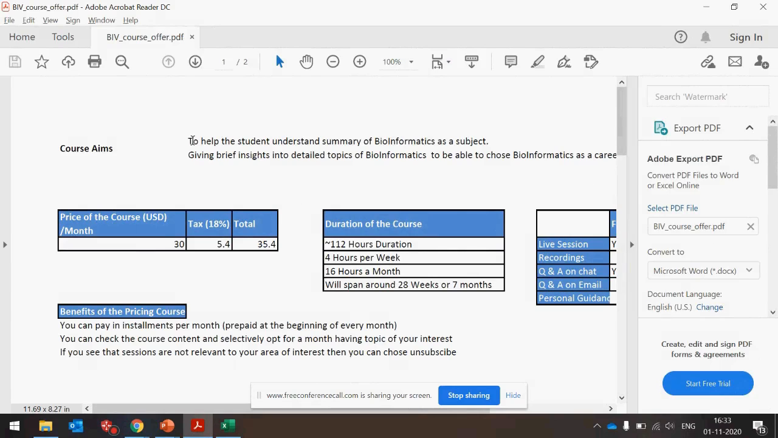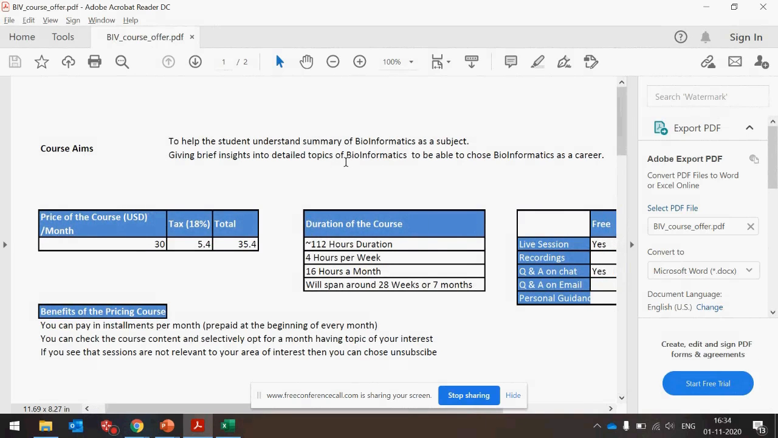So basically, first of all, the most important thing to understand is our aim. Our aim is to help the students understand what bioinformatics is as a subject, and also give brief insights into the detailed topics of bioinformatics, to be able to choose bioinformatics as a career, for new people who have not yet decided on it. So these are the two basic objectives, and there will be certain projects also which will be covered,